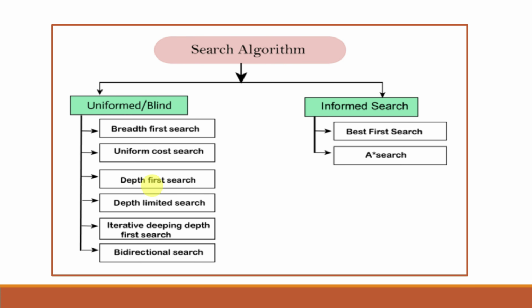Earlier we studied depth first search. DFS goes deep into a path first, but it can get stuck in an infinite loop, and to fix this we learned depth limited search. Depth limited search helped prevent infinite looping, but it created a new problem. We must guess the correct limit. If the limit is too small, we miss the goal, and if it is too large, we waste time.